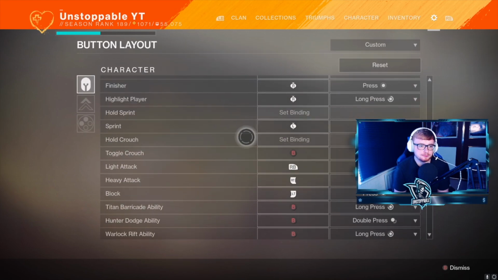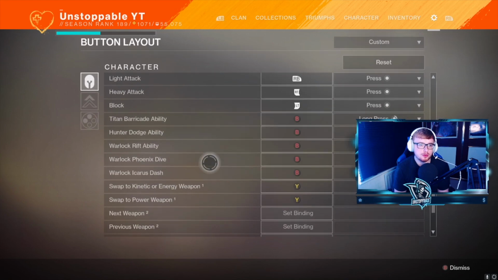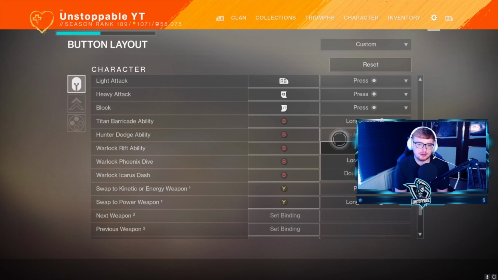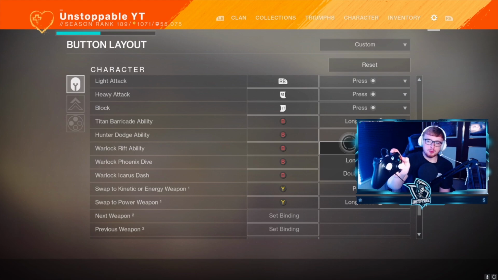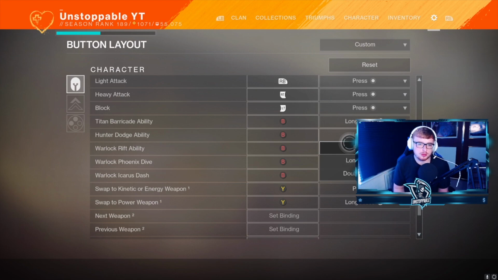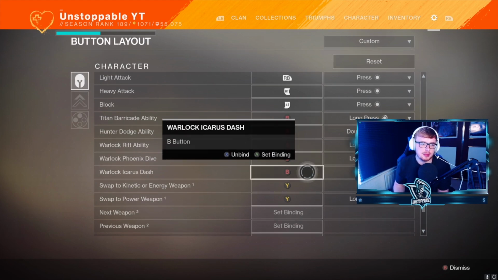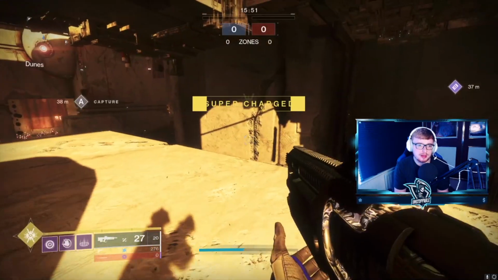So if you come over here, what you can do, the main ones are these right here, the Hunter dodge ability. Now, because I like it on double press, I don't have it on double press, but if you change it to press, usually what you do is double press, whereas you just have to press it once, and that helps so much, especially with what I'm going to show you today. So what I've changed is the Icarus Dash, and I'm going to show you why,